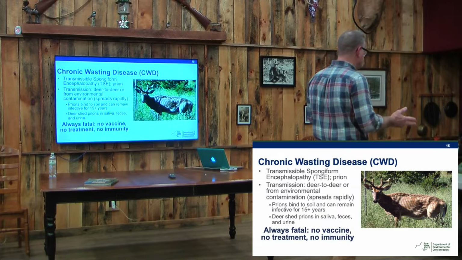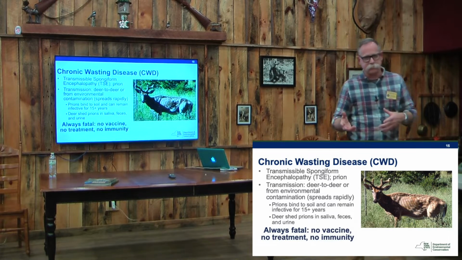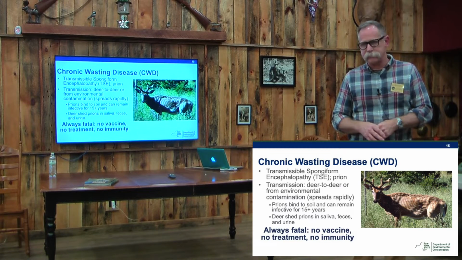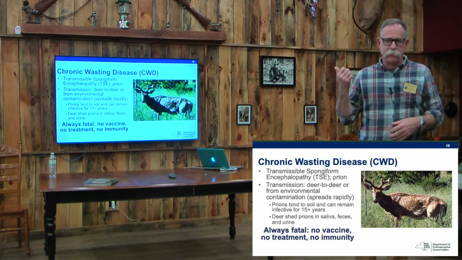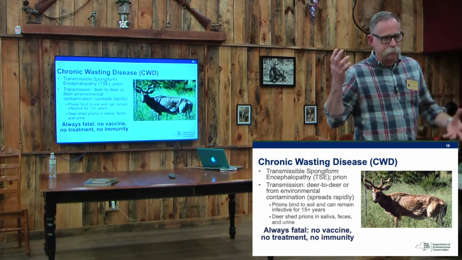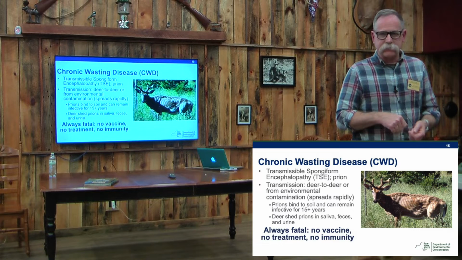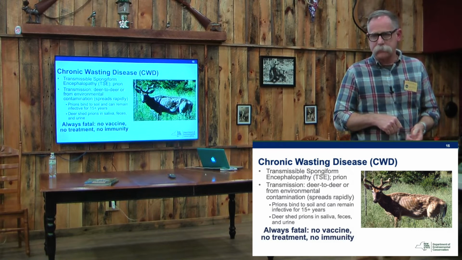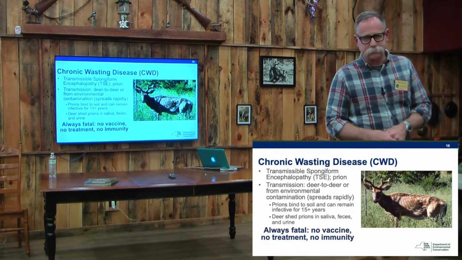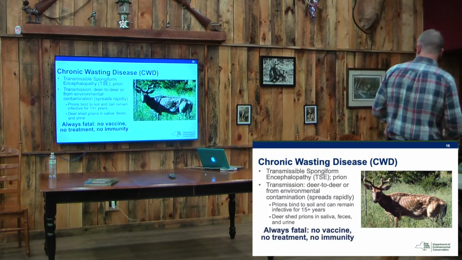Or we can burn them at 1800 degrees for an hour, which is how we get rid of our waste. So we have a pathological waste incinerator. We burn both chambers at 1800 degrees. If I was burning a suspected or known CWD case, we would burn it for an hour at those temperatures, take the ash out, soak the ash in 2 normal sodium hydroxide overnight, drain the hydroxide off, and then put the ash back in the incinerator for another cycle. So we're trying to guarantee that no prions escape our laboratory.